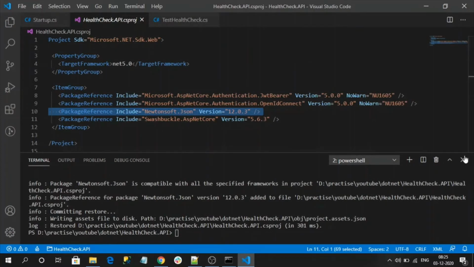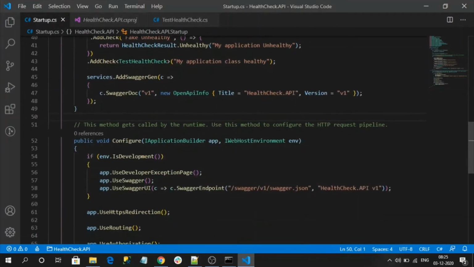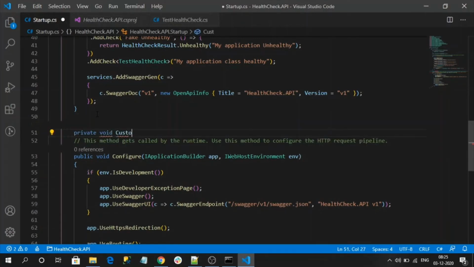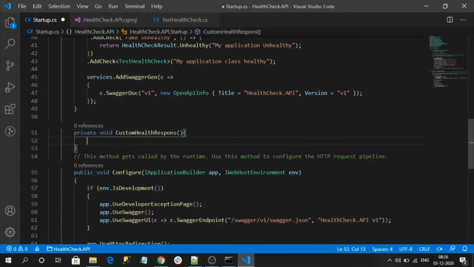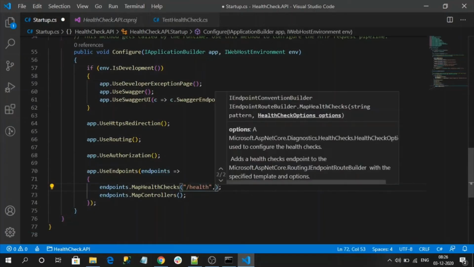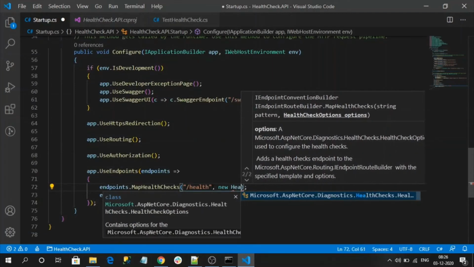So as we discussed, now we are going to customize our response. Let me create a private method in the startup file, private void CustomHealthResponse. For now let it be like this, and copy this name and go to the health check endpoint. The health check endpoint provides one more option to initialize, HealthCheckOptions.